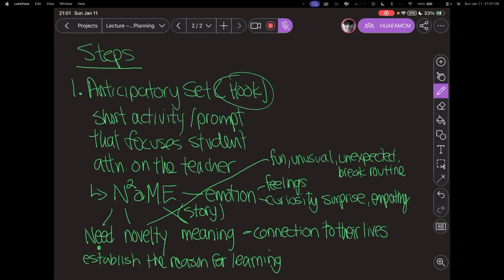It could be anything like playing a song, playing a video, or some type of quick demonstration. It could be something fun or unusual that you do that makes the kids laugh. So there you are, if you've got emotion in there. Novelty means something new. So that's a big piece, and that's just step one of lesson planning. If we add another page on here,